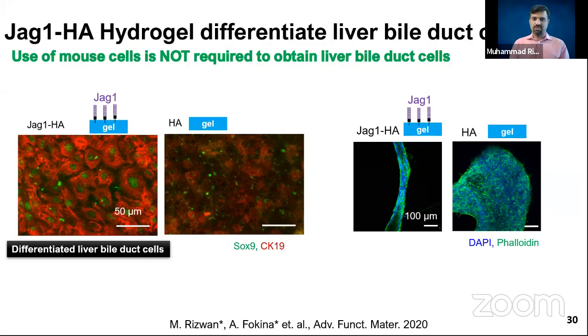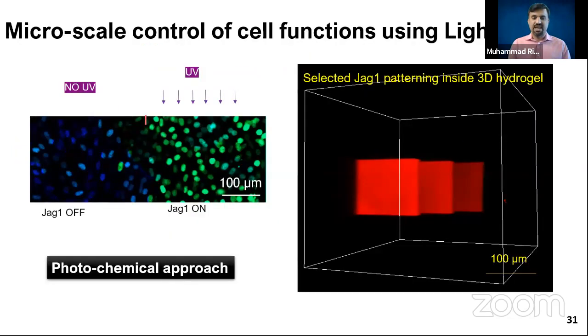So this was good to see, because we provided a way to improve cell therapy for patients, hopefully in the future, so that we don't need to mix mouse cells with the human cells to convert them to liver cells. And because we were using chemical engineering approaches, we can have nice control of how cells are growing and where cells are differentiating.